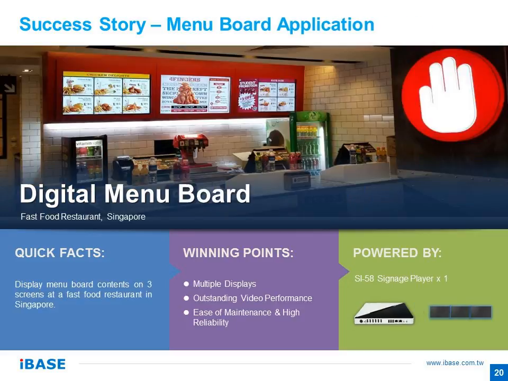Now, this is a fast food chain, and this is again the typical digital menu board type application. Again, we have the same player, which is capable of driving 6, but we're using it to drive 3 screens. And again, remember I talked about EDID. Now, this is one of those installations whereby if you don't have EDID emulation, I can almost guarantee you that